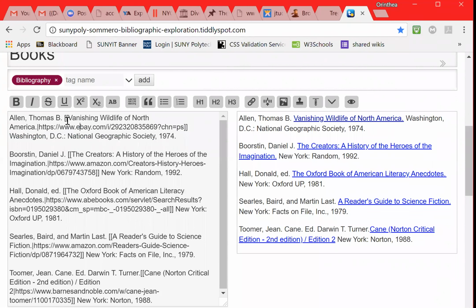Okay. So we should think about the link to the book. So what's your objective in providing that link? Well, I was looking at it that it's a bibliography, so I was assuming that the readers